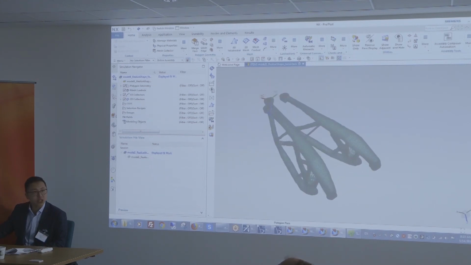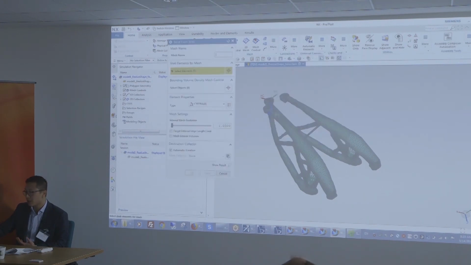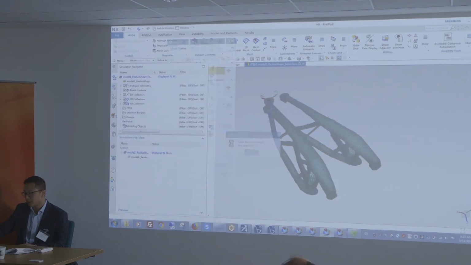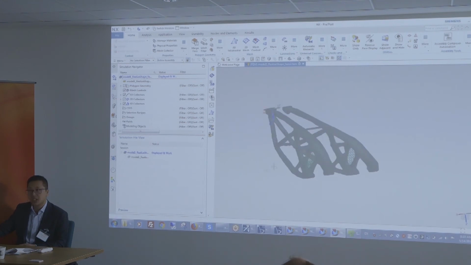You get a 2D mesh on top of your organic geometry, which is not an easy feat to do. Okay, now that's 2D. If you want to create a 3D mesh out of it, you just extract the 3D mesh, so solid from shell, from what you just created. Okay, and there you go. You have a 3D model with the lattice mesh connected to it.